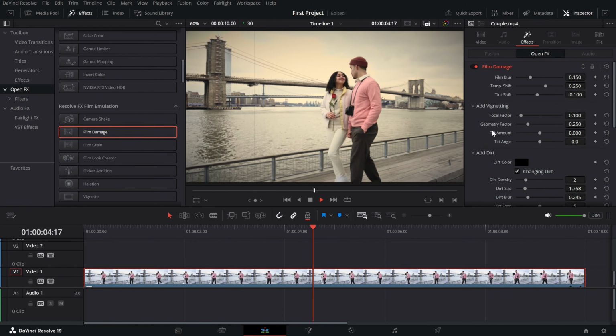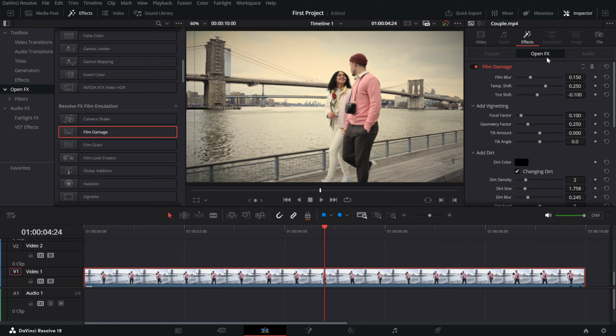Select the clip and go to the inspector panel. Open the OpenFX settings to reveal a variety of options to fine-tune your effect. First up, in the film blur section, add softness to mimic the imperfections of old lenses. This works beautifully when paired with a bit of temperature shift or tint shift, giving your clip a warm or